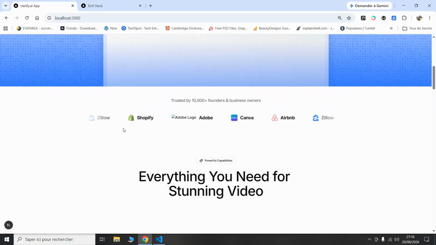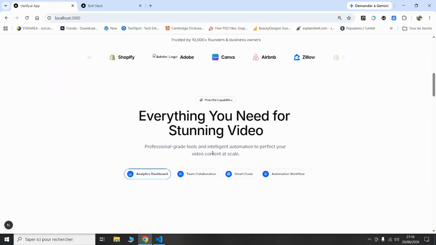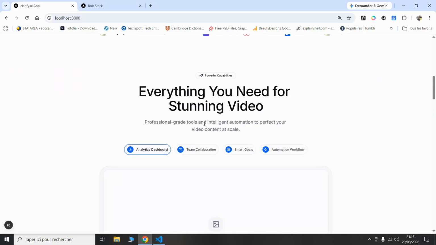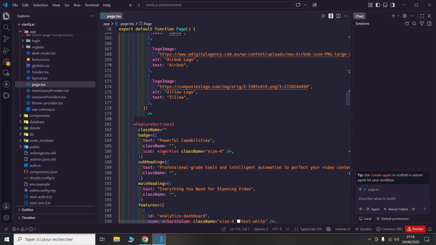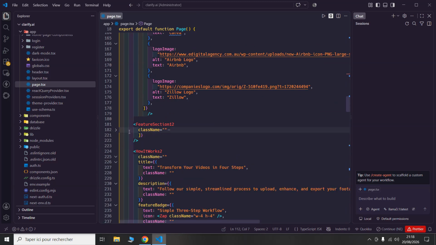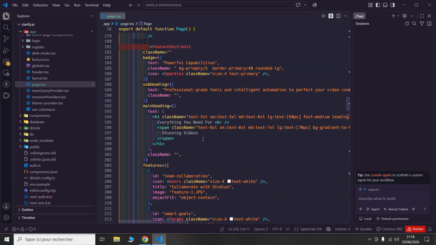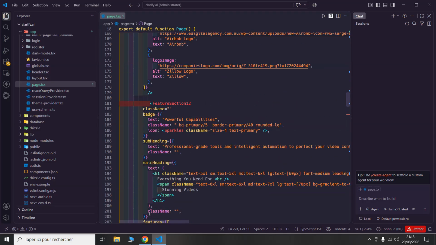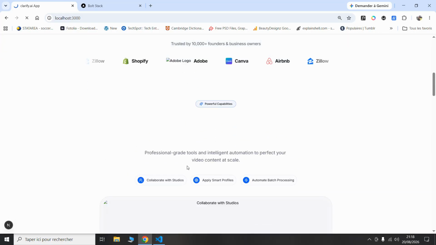And the next thing that we're going to be doing is working on this feature section. So now we're going to update a little bit of the styling of the feature section. So what I'm going to do here, I'm going to go to the feature section 12, and then I'm going to paste the new code. So don't worry, I'm going to explain all the changes that have been made. So if I reload the page,